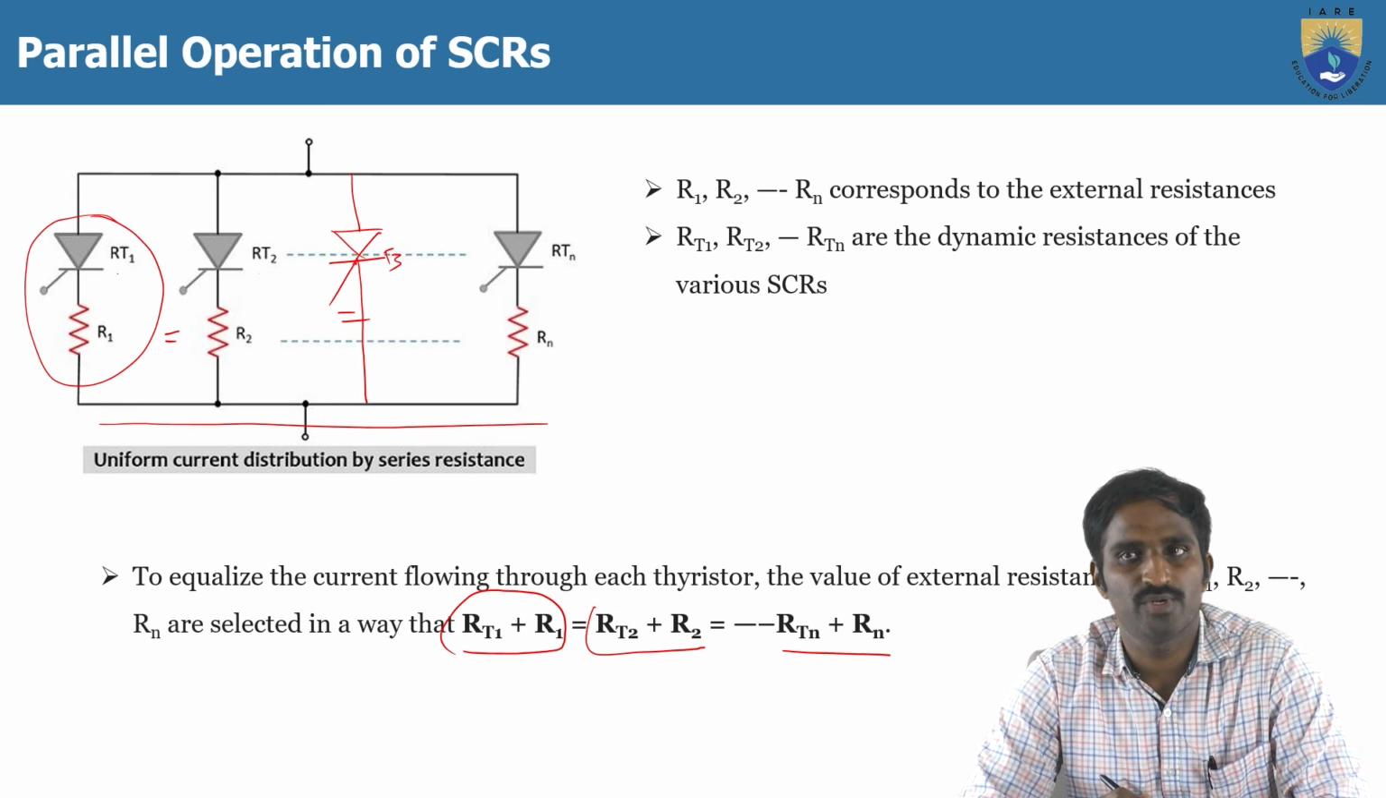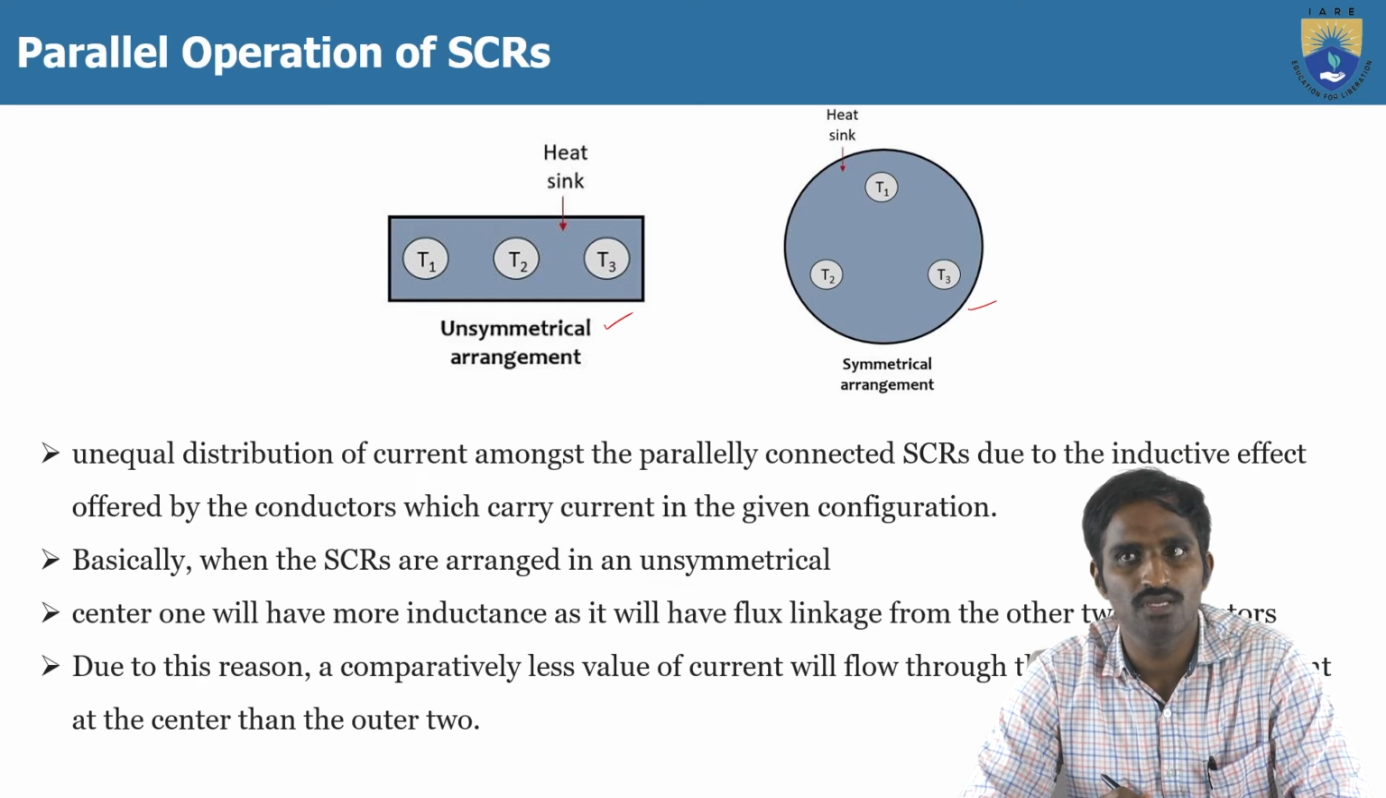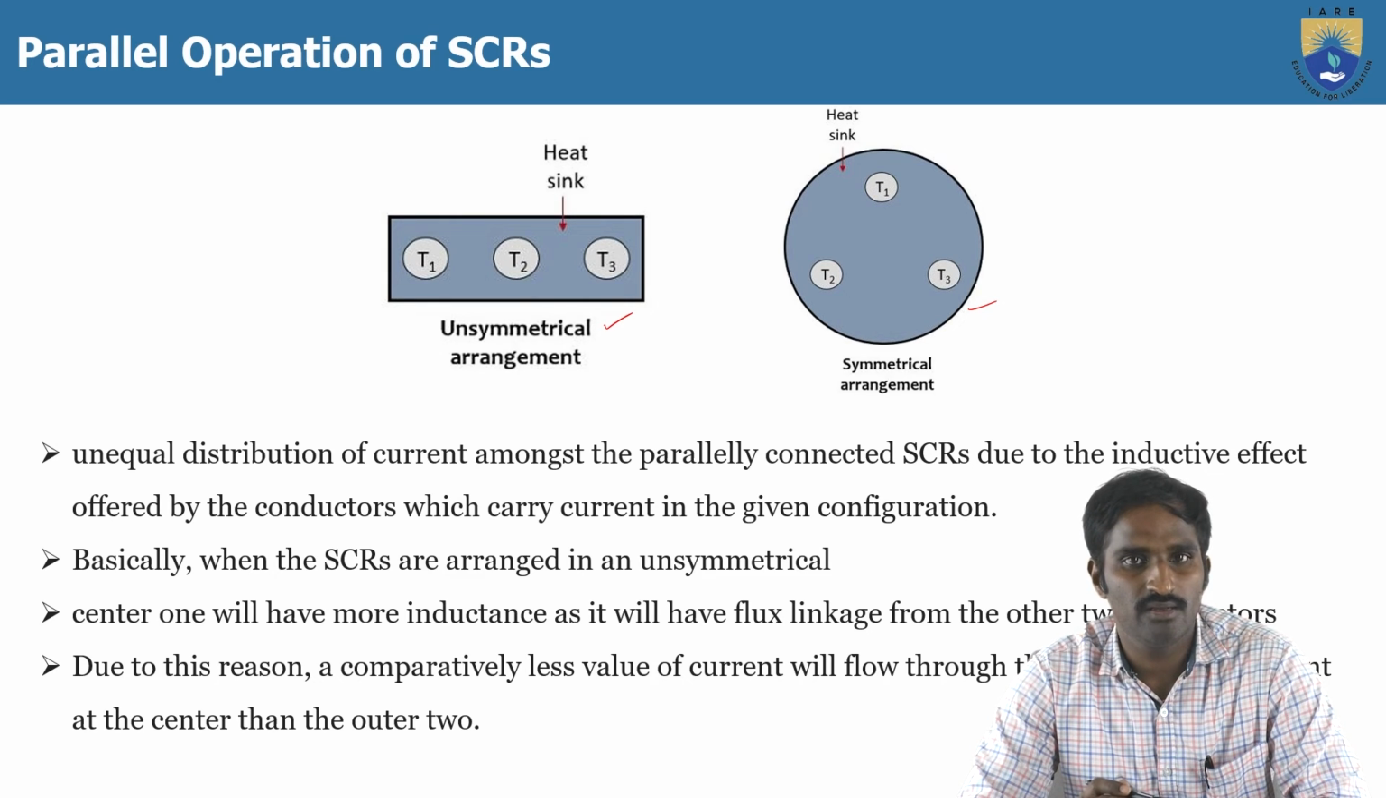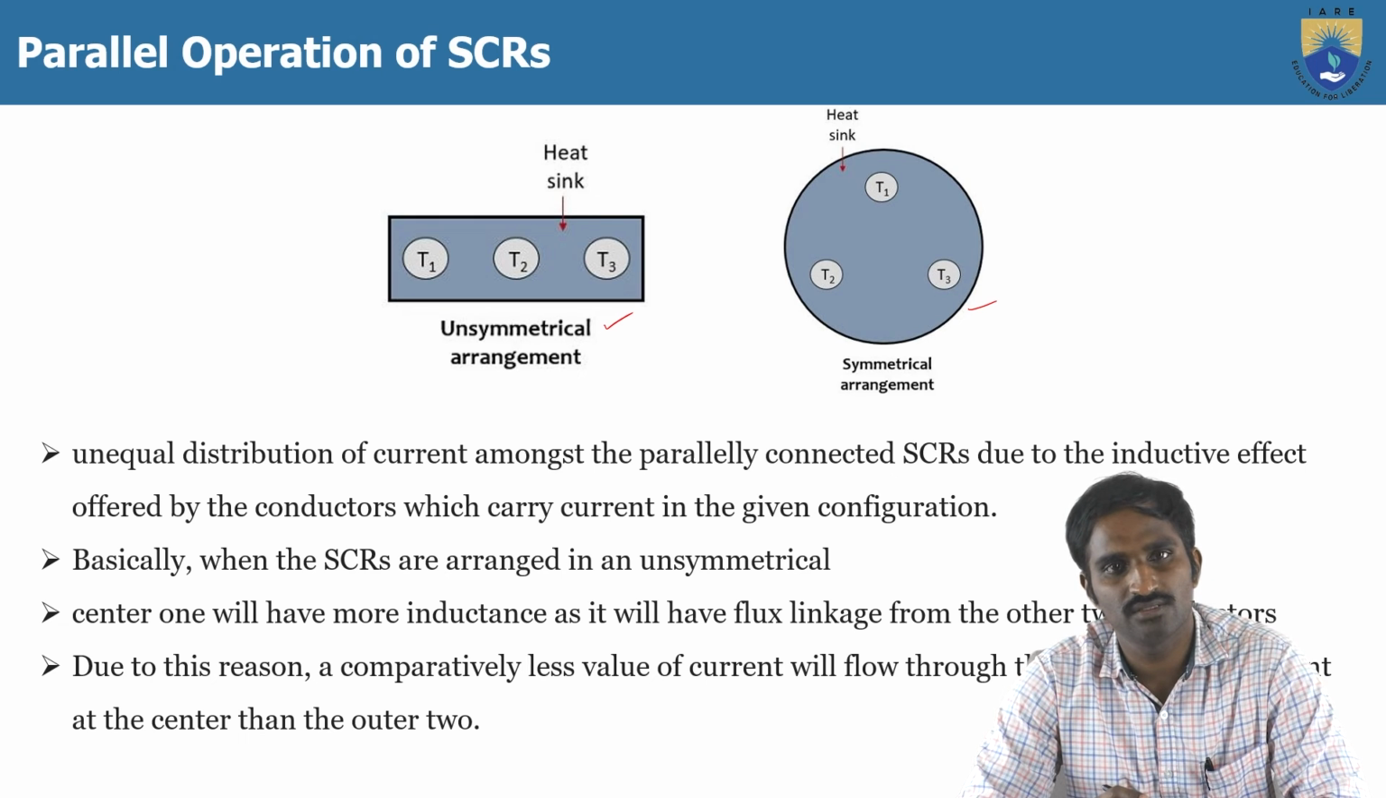This is about the parallel operation of the SCR. So the series operation of the SCR is required to get high voltage, and the parallel operation of the SCR is required to get high current, right? But to get high voltage while connecting more than two SCRs in series, there are two problems associated with that. One is unequal distribution of the voltages, or unequal voltage sharing across each thyristor, and another one is due to